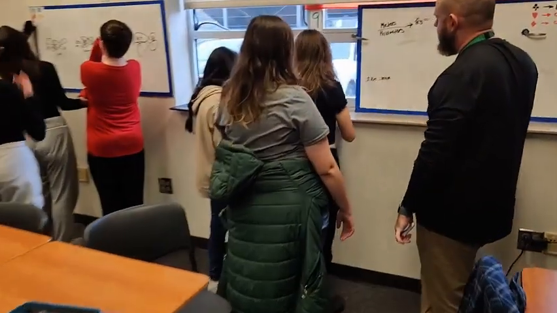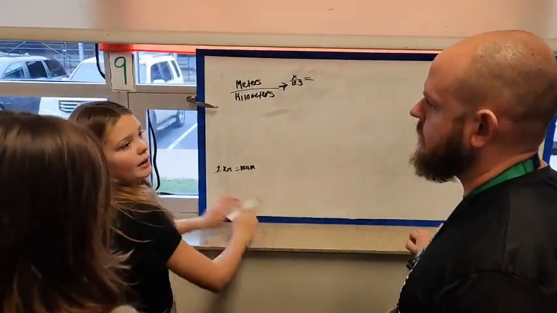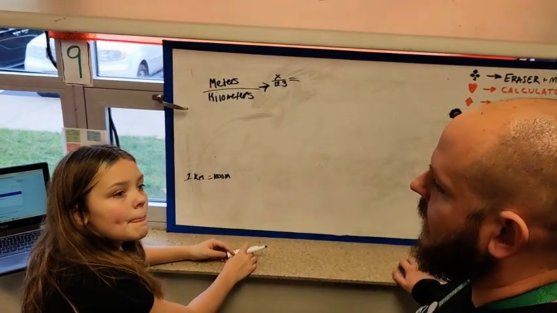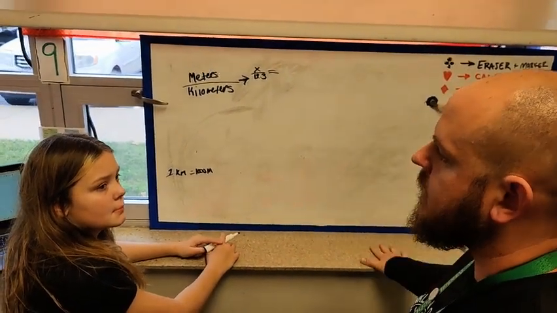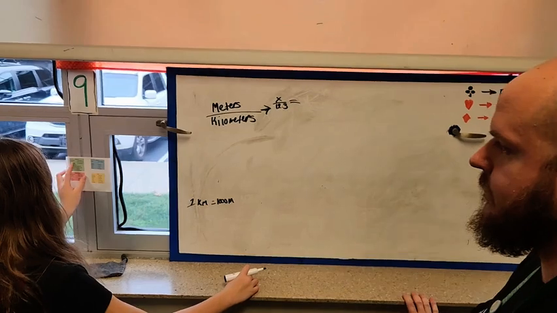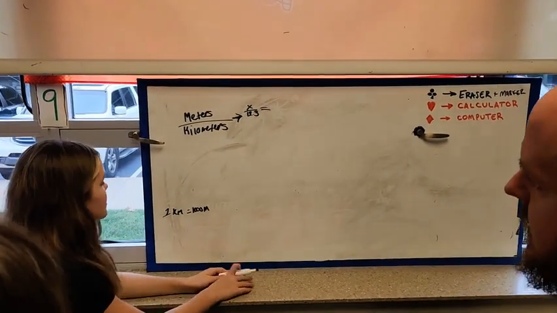What? But I cannot find it. Okay. We need to figure out how many meters are in 1 kilometer using our chart. Yeah, so 1 kilometer is 1,000 meters. Excellent. So I put that